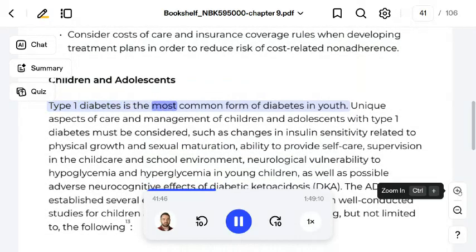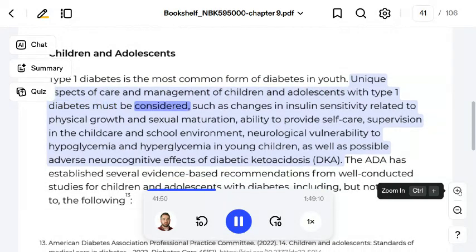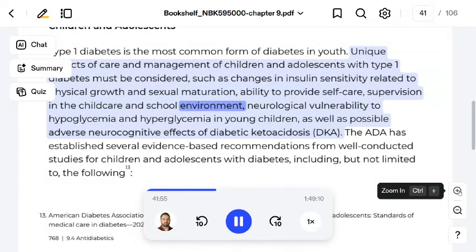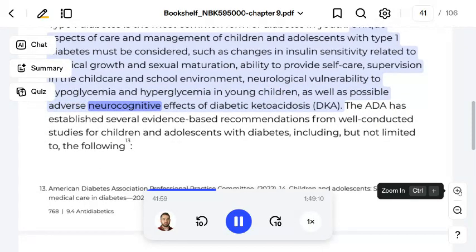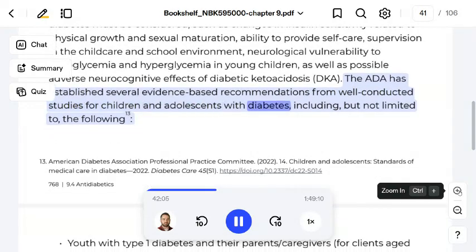Type 1 diabetes is the most common form of diabetes in youth. Unique aspects of care and management of children and adolescents with type 1 diabetes must be considered, such as changes in insulin sensitivity related to physical growth and sexual maturation, ability to provide self-care, supervision in the child care and school environment, neurological vulnerability to hypoglycemia and hyperglycemia in young children, as well as possible adverse neurocognitive effects of diabetic ketoacidosis. The ADA has established several evidence-based recommendations from well-conducted studies for children and adolescents with diabetes, including but not